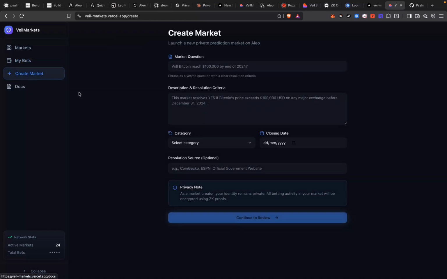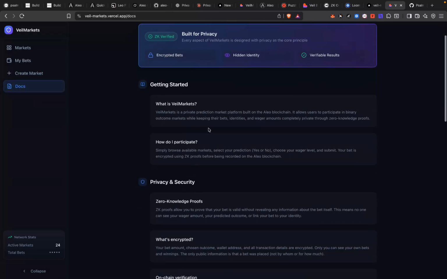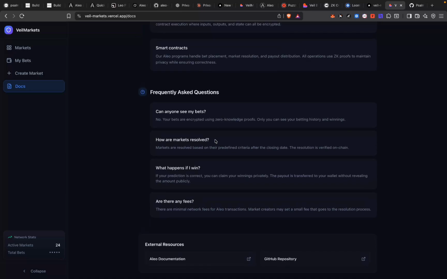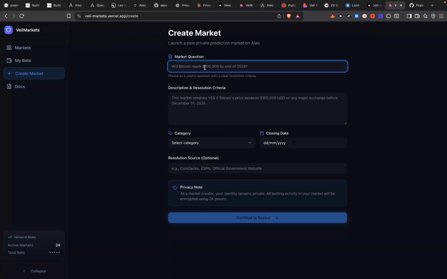Nobody has to know where you voted, nobody has to check your address and see where you won. And this is the instance of placing the market. I'm just showing you what it looks like. For example, if I want to create one, before I come back to that, these are the docs, just to make it easy for the users. This will be fully functional. And then to create the markets,